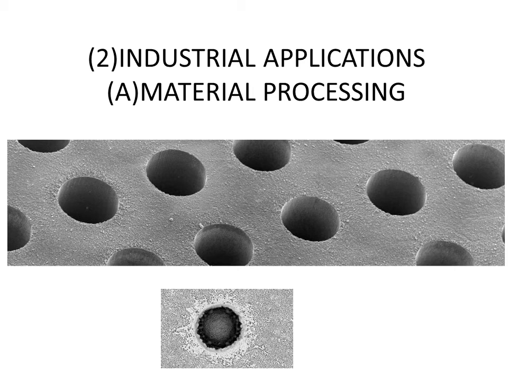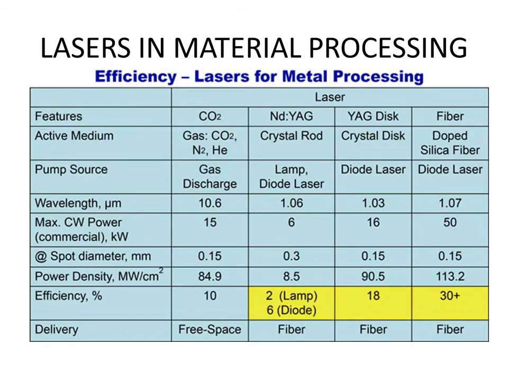Generally we will call it material processing. For example, here I have shown you an electron microscope image of holes drilled in plastic. You can see the top diagram is the holes drilled in plastic using laser, and the lower one is conventional drilling, and you can see the edges are very clean when we are using laser. So very sharp cuts can be made when we are using laser, and that is the advantage of the application of laser in material processing.